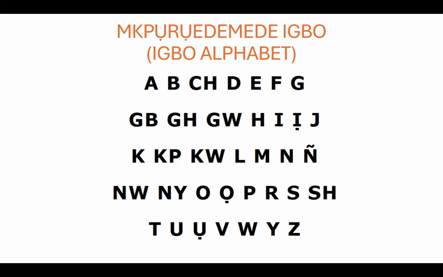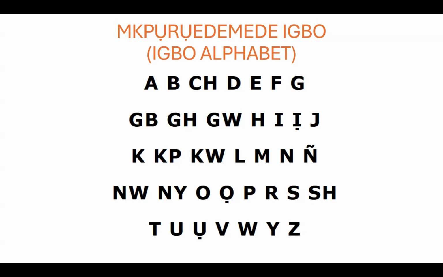So I would like our volunteer student to tell me what you can see on the screen. Can you see the alphabet? Yes, I can see the alphabet. I can see that some of them are single letters and some others are double letters. Okay. So this is like your regular A, B, C, D. But here, the A is A.